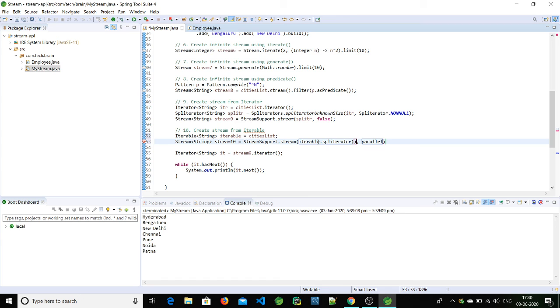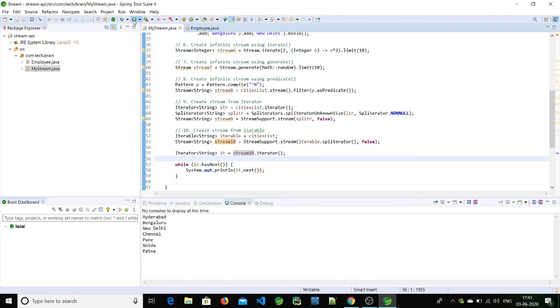It will give a spliterator, and we pass the second argument as false, as we did previously. So now we are done and good to go. Let's test this also, 10. Now let's run this. Yep. So now we are reading values from the stream that has been created on top of Iterable.